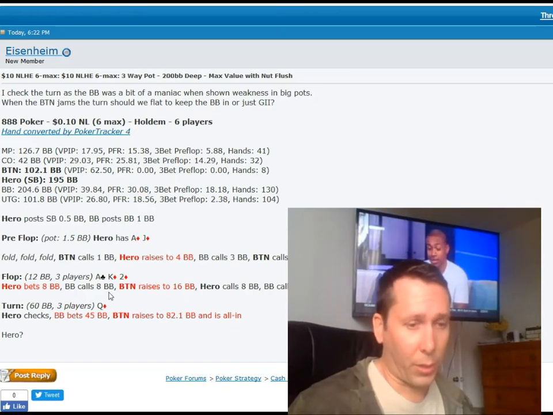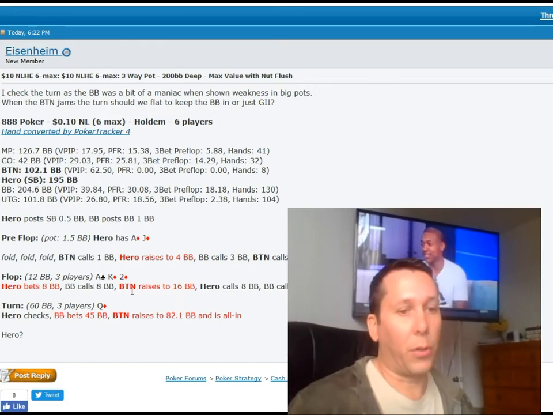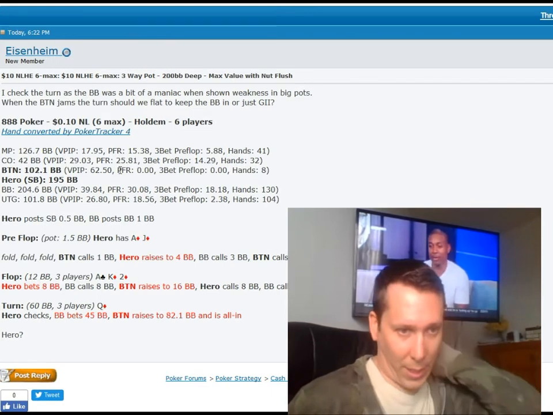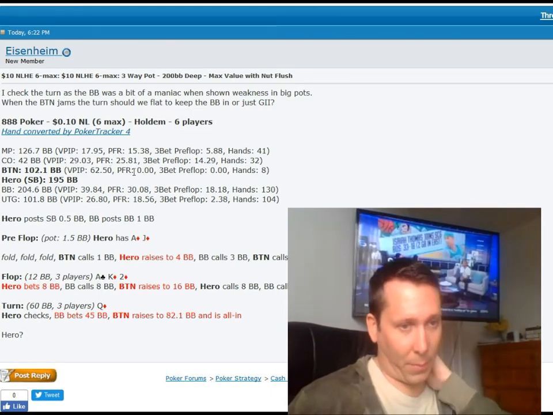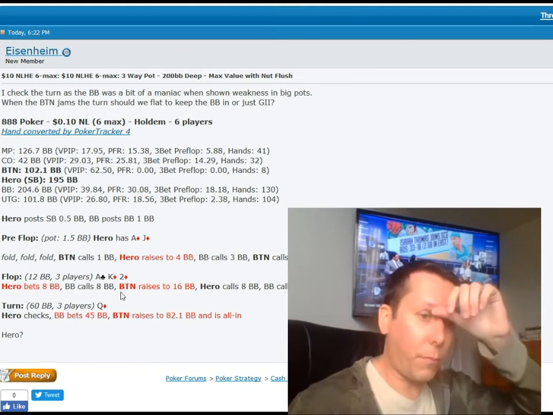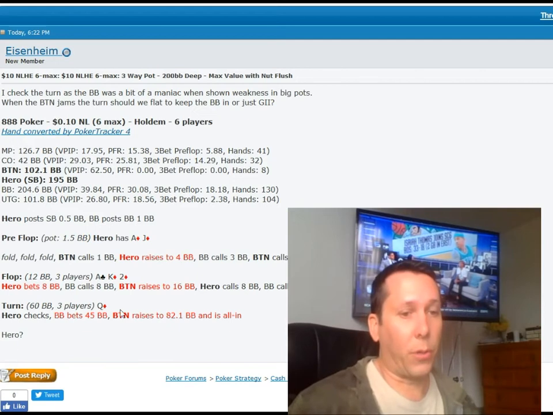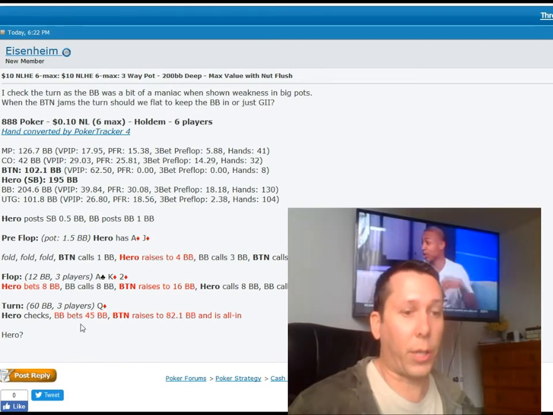So it could just mean top pair, but it could also be a big hand. Their range is pretty wide if they're open limping on the button and they've already played 2/3 of their hands. So anyways, the turn comes, bingo, presto, we get the nut flush. Hero checks, big blind bets 45, button essentially min raises that,